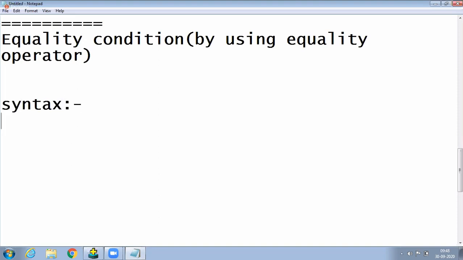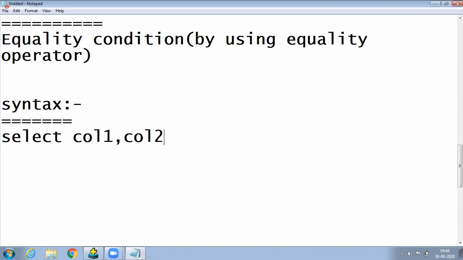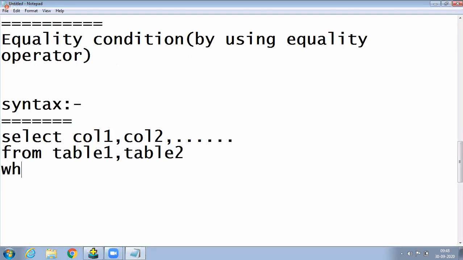One minute, observe here. What is the syntax Oracle Corporation is giving me? Now concentrate here. SELECT, whatever columns I want to display, those columns, otherwise star. Now check it out: SELECT column name 1, column name 2, any number of columns. FROM table name 1, comma, table name 2, any number of tables. But today, for easiness, we are telling two tables only. WHERE table name 1 dot, the dot is an operator, common column name.